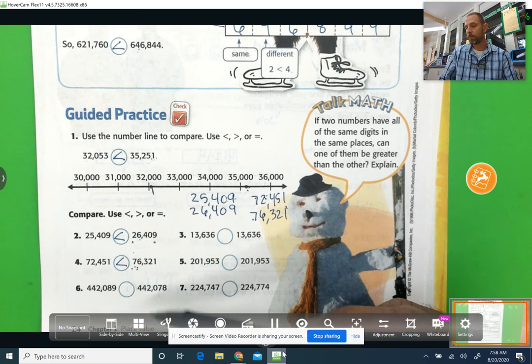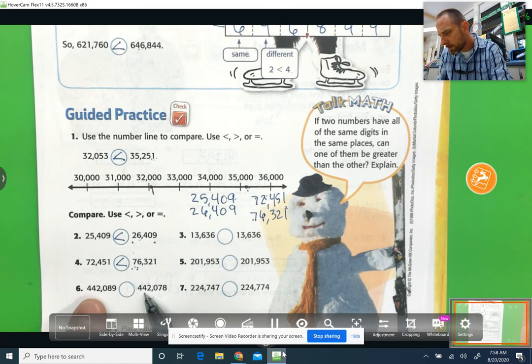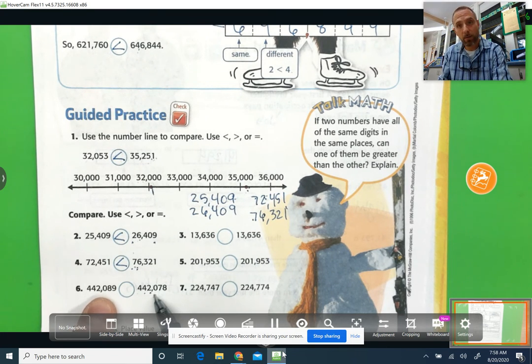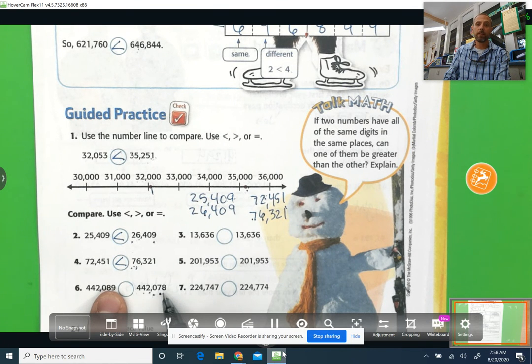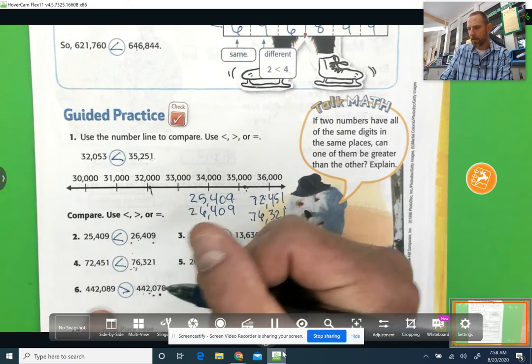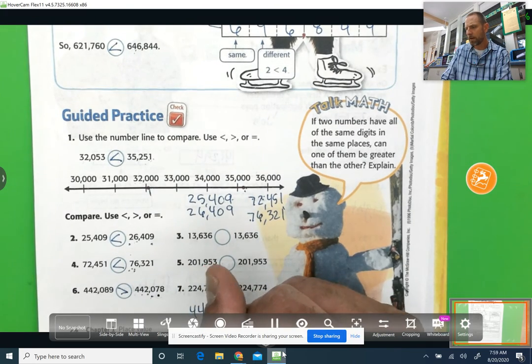442,089 versus 442,078. Let's look at the 100,000s place. Both have a 4. 10,000s, both have a 4. 1,000s, both have a 2. Striking out so far. The hundreds, they both have a 0. In the tens place, we have an 8 and we have a 7. This 8 is greater than the 7, making 442,089 greater than 442,078. And if we write those two numbers out and we stack them,